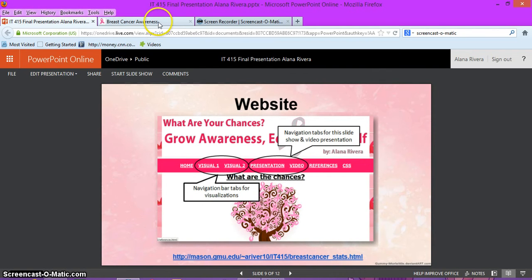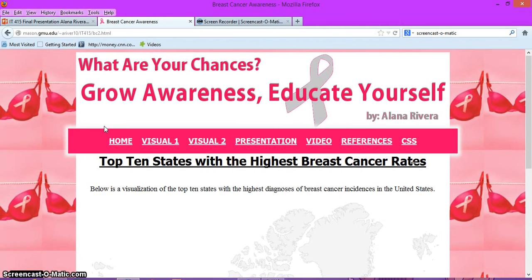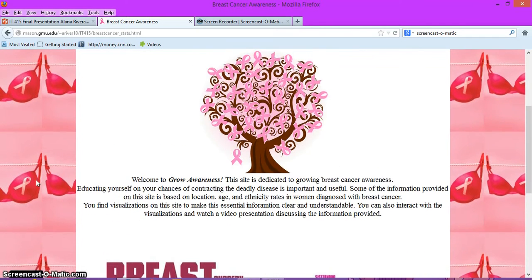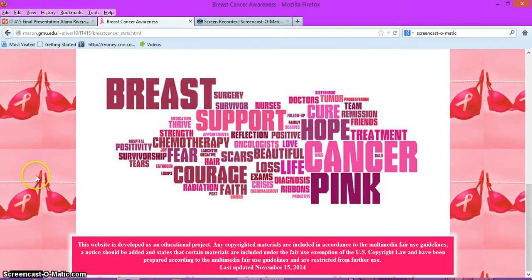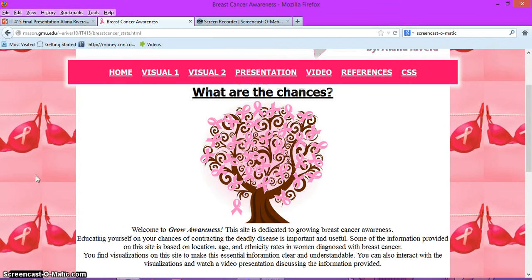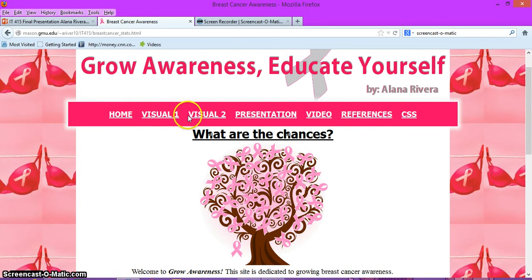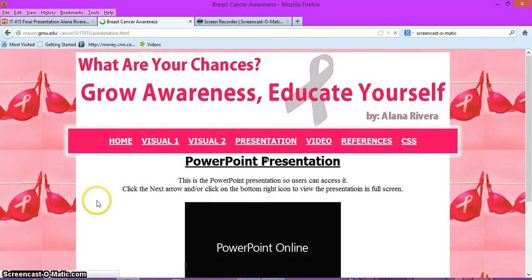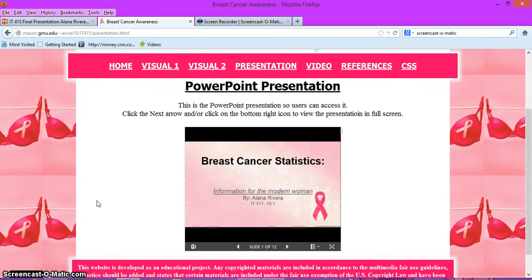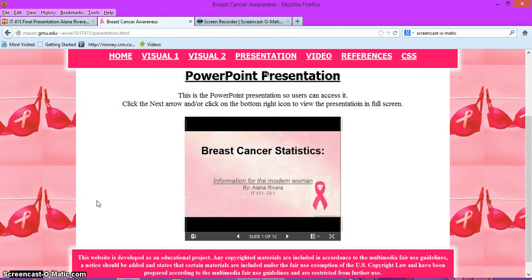The website that I created for this, as you can see right here, we have a banner which I custom created. This is my navigation bar with a hover. This is my home page. I use some public photos for the background as well as for the pages. You did see the visualizations already. This is my PowerPoint that we're actually looking at right now. I've embedded it,